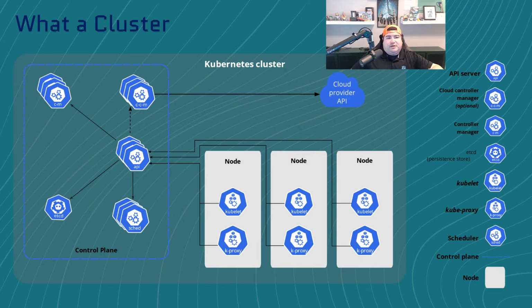Finally, the last one to mention here is the cloud controller manager, right? This is the control plane component that embeds cloud-specific control logic, and it's only going to run controllers that are specific to your cloud provider. So typically not something we're going to have to worry about as we're getting started inside of a vSphere or a lab environment. But one last point about desired versus current state, right?